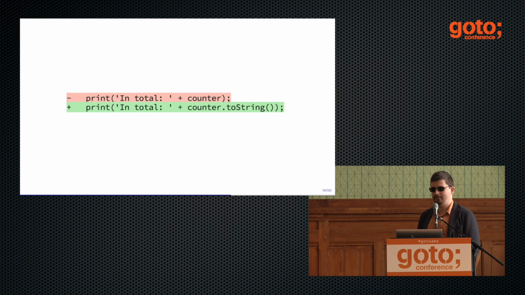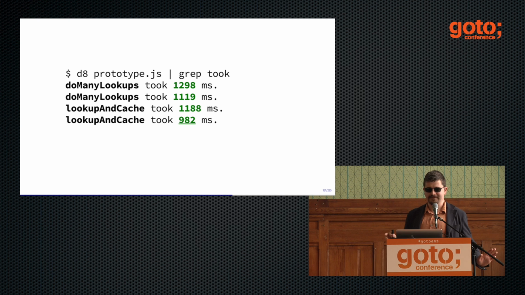For example, you could have force converted it to string with a method call, and then this inference that tries to figure out how to represent variables in the code, like which ones to put on the machine registers as unboxed doubles, for example, it would no longer be confused. And then everything would run just fast. This bug was fixed, so don't put toString anywhere. So most of the bugs that I'm showing you, they're fixed, so you don't have to use any workarounds.